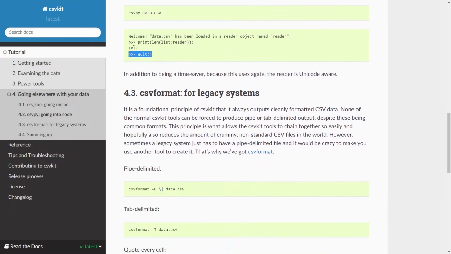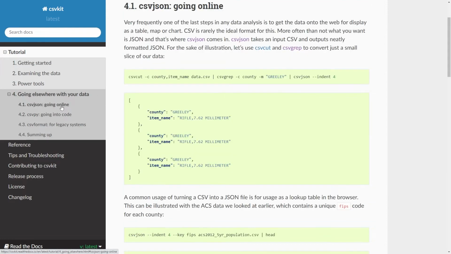And finally, there is a command called csvformat, which is for legacy systems. If you're dealing with legacy systems, then this is definitely nice to know, but I suspect that most of you who are watching this don't. So I will simply skip talking about this, and you can just look here if you need to know more about it. So for this video, I'll just talk about this csvjson command, which is used to convert CSV data